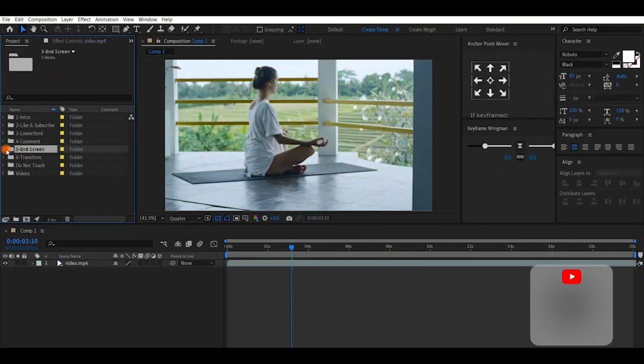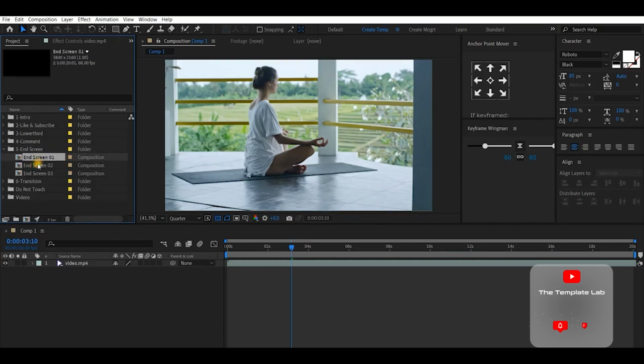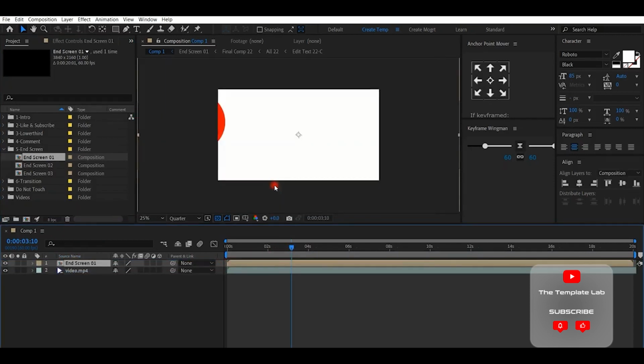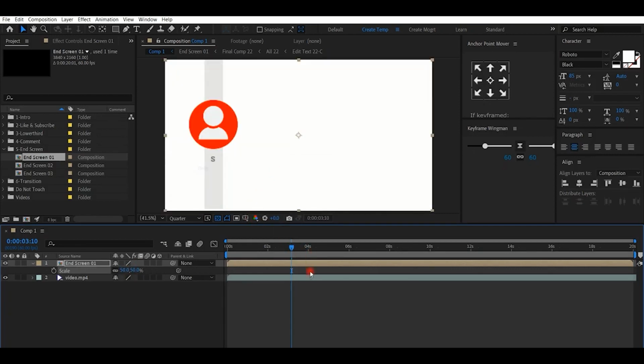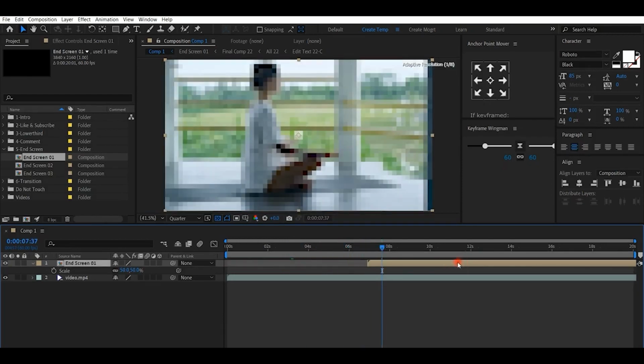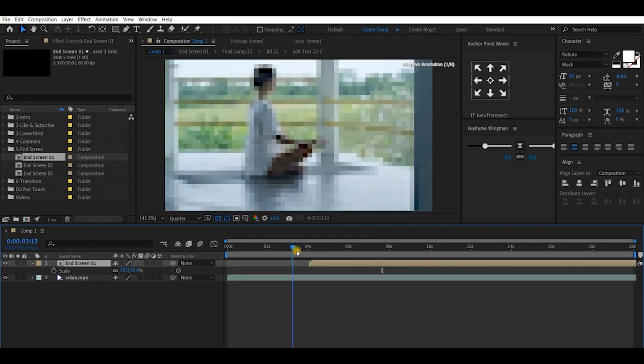Let's move on to the next one, the end screen. We have 3 end screens. For example, choose this one. It's big, make it small to fit our composition. Move it a bit further,